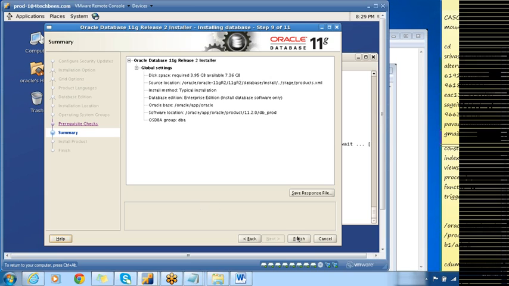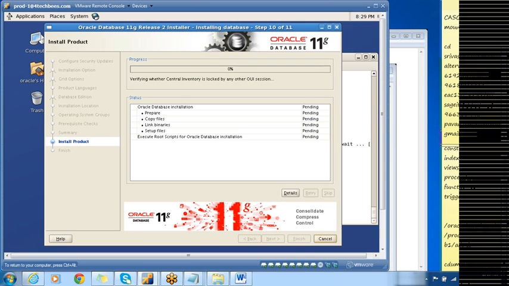Yep, we are good. Just click on finish. This will also push the binaries onto node 2. We'll get something which says remote operations after some time.